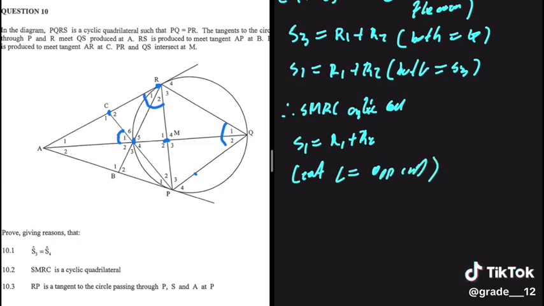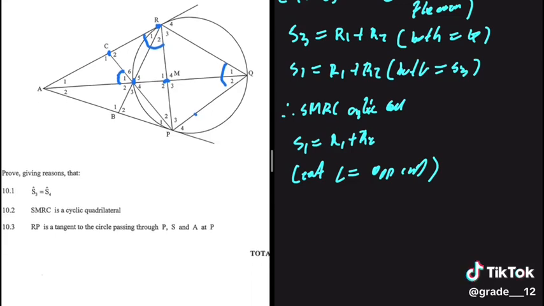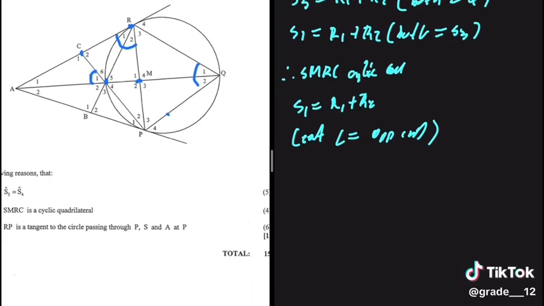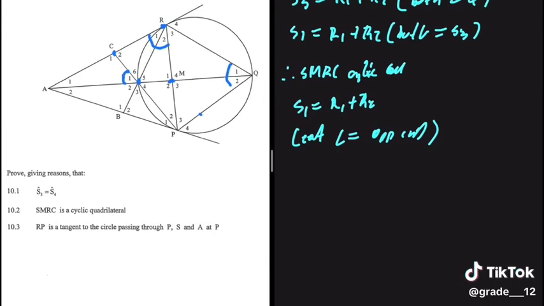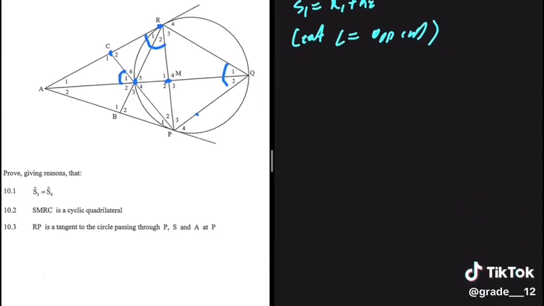That is 10.2, okay? And the interesting question, 10.3, right? If you thought 10.2 is difficult, then what about 10.3? Let's take a look at 10.3. So in 10.3, we are told that RP is the tangent to the circle passing through P, S, and A at P. Okay, so RP is the tangent of the circle passing